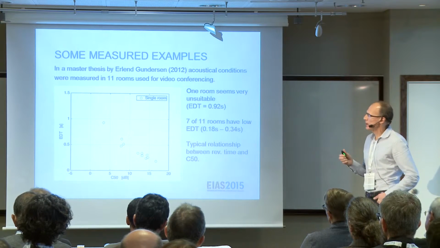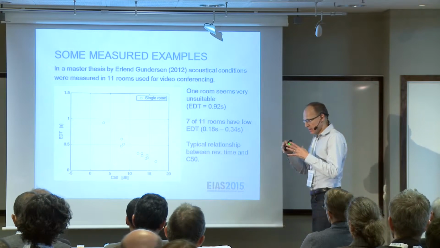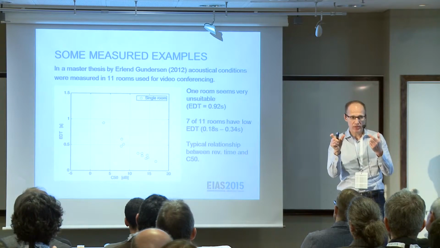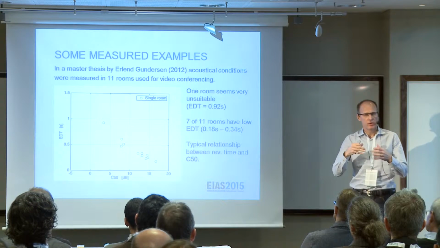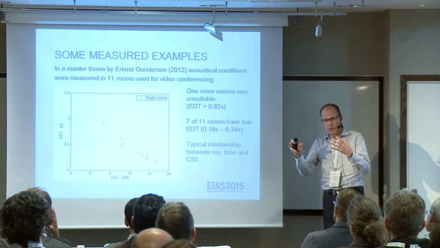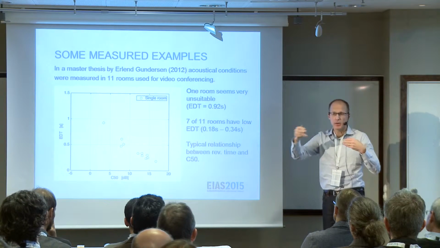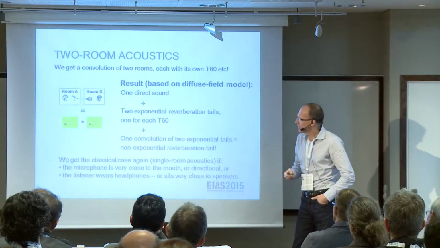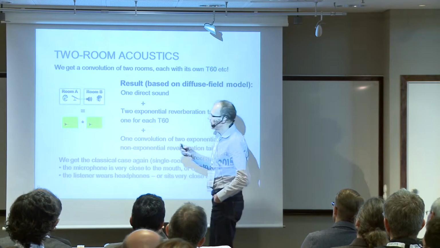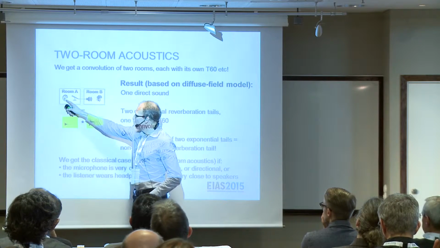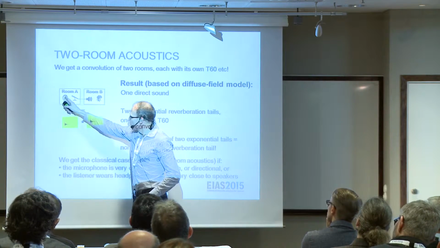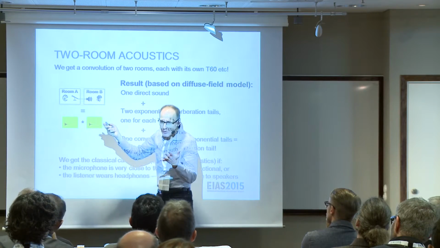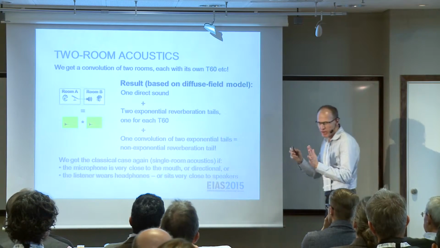Then he did a simple simulation of a video conferencing situation by convolving the measured impulse response with itself. That would more or less correspond to a video conference with two identical rooms involved, the same distances in the source and the receiver room. It's not a really great attempt at simulating the situation, because it would mean that we assume that the directivity of the source here and here is the same, and the directivity of the microphone and the directivity of a human listener is the same. It's not completely great, but